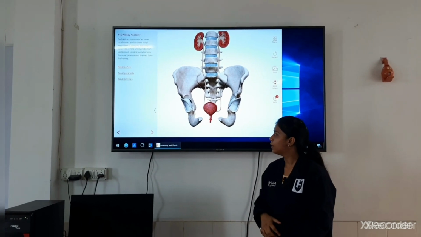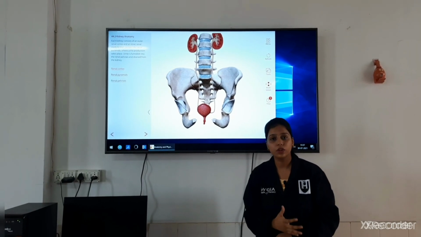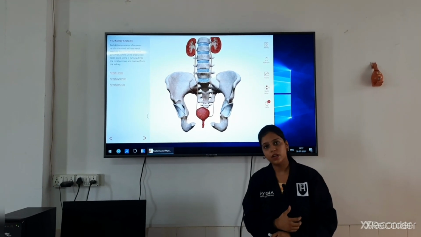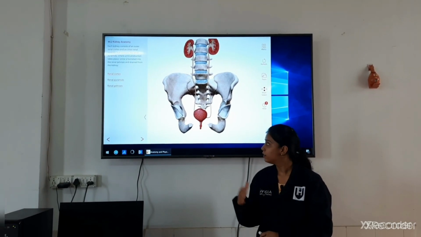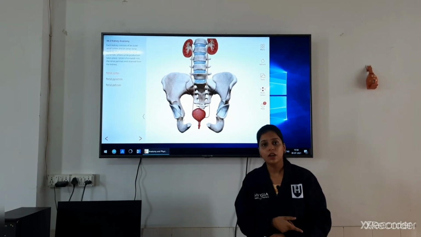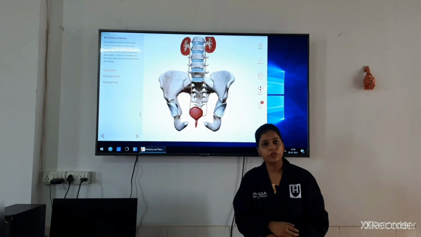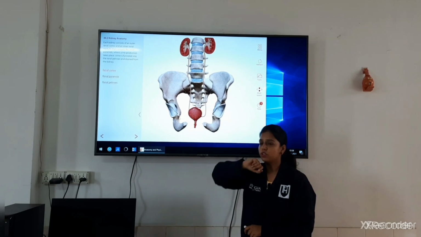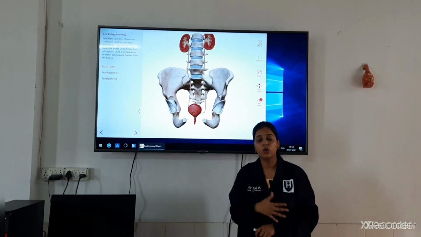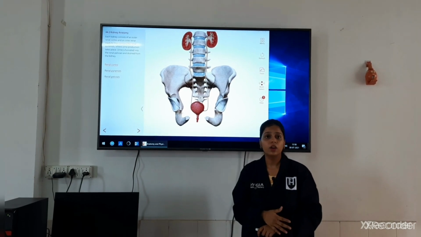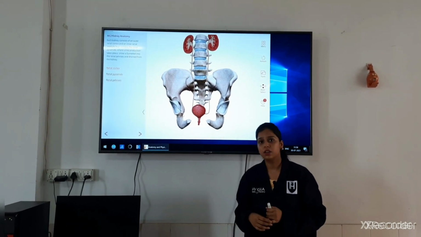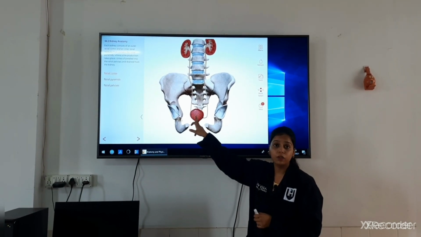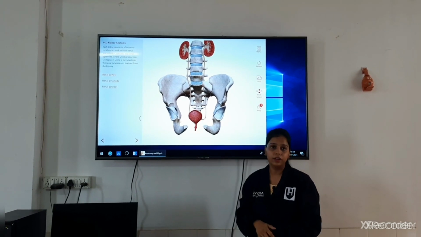The main function of the urinary bladder is the storage of urine, the temporary storage, not the permanent one. Around 700 to 800 ml of urine is stored, and then it moves from the urinary bladder towards the urethra and is excreted out through the process of micturition. In the same way, when we talked about the tube-like structure, the ureter, we saw the transverse section, the histological part. Over there we saw the mucosa layer, muscularis layer, serosal layer. Over here, when we talk about the histological part of the urinary bladder, we will find that it is also surrounded by a few layers.